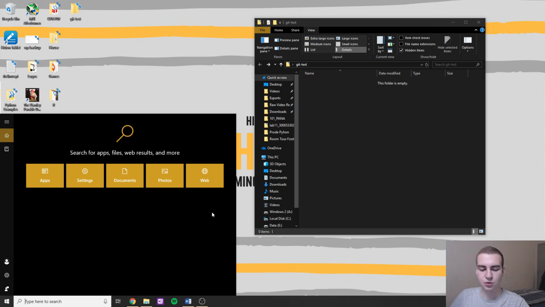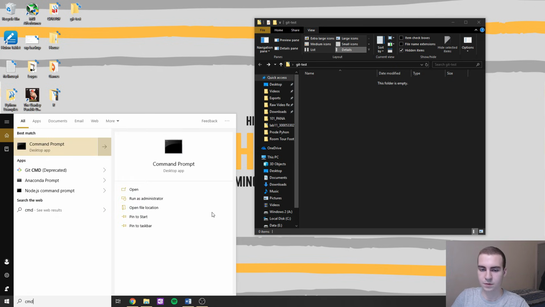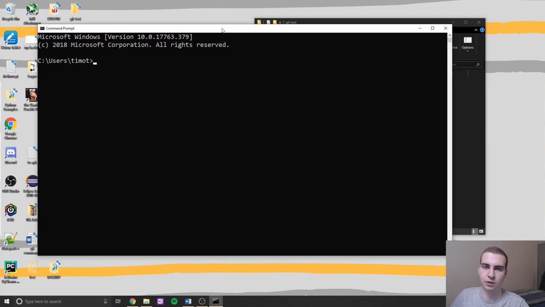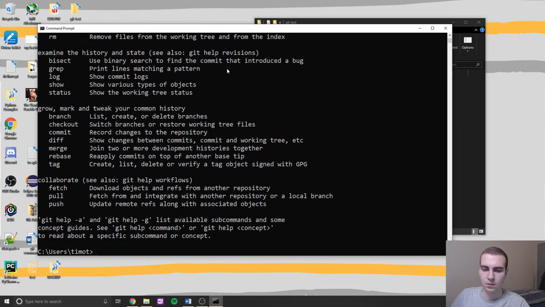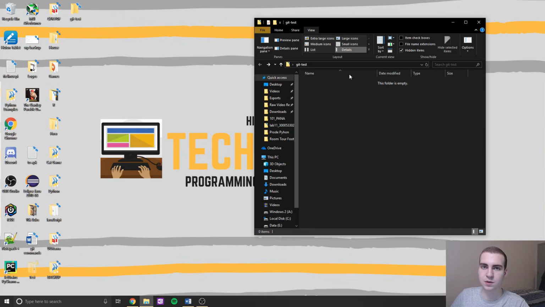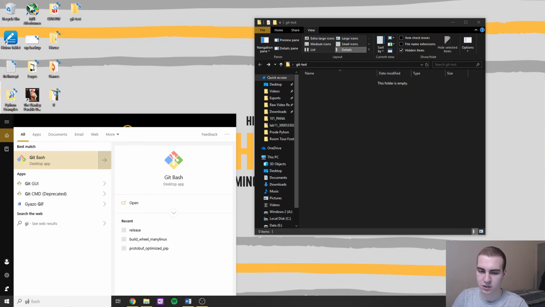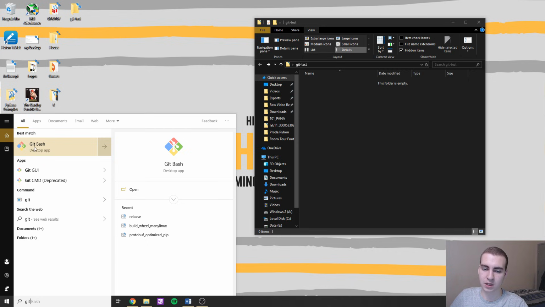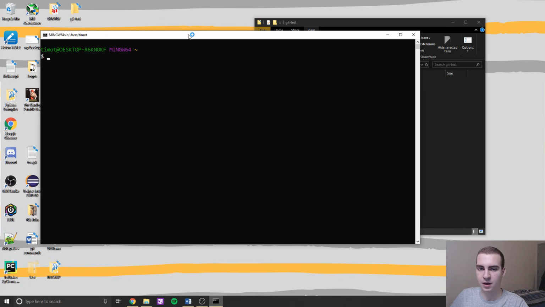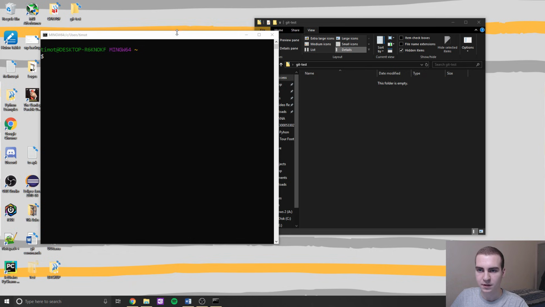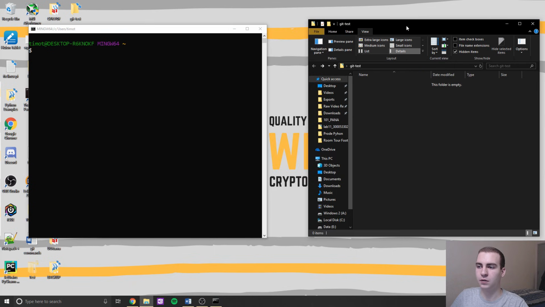To do this, there are 2 ways that we can do all the commands I'm about to show you. The first way is to do it from command prompt, or terminal or whatever you're using, and just type git and do it in here. That's fine, you can use this, but what I'm going to use is what's known as Git Bash. If I just type git in my search here, I can click on Git Bash. It's going to bring up a more Linux-like terminal window